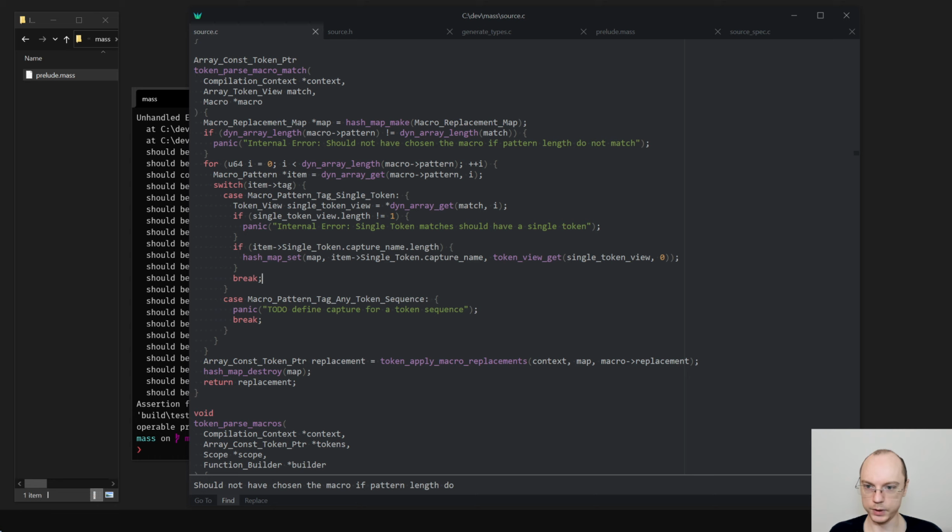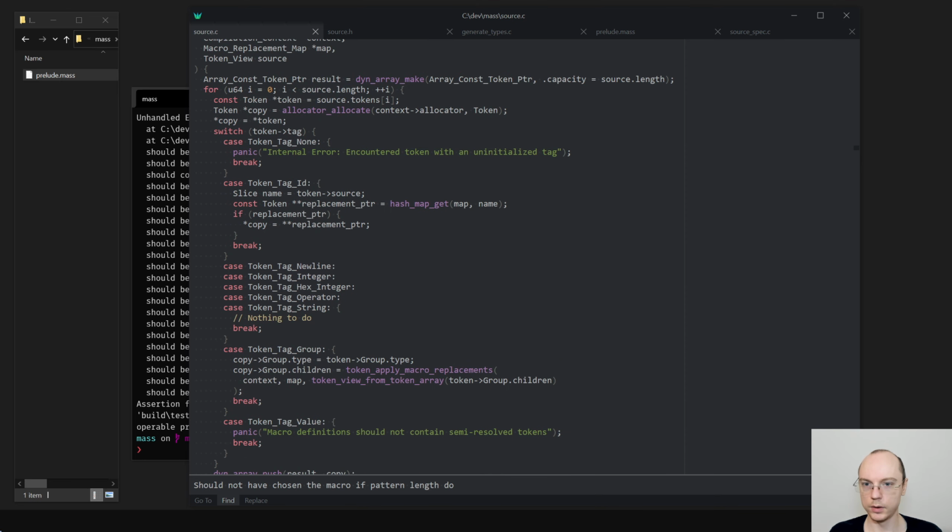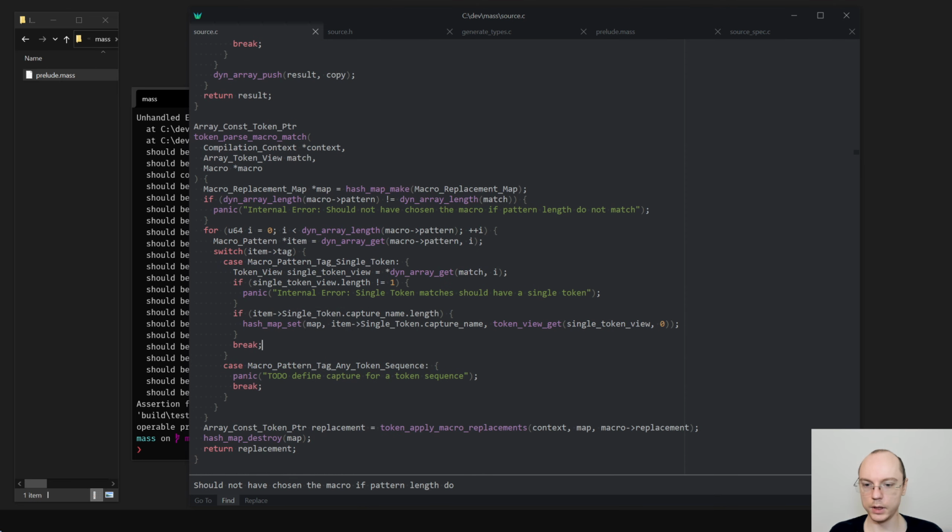Apply macro replacement. Okay, how does macro replacement actually work? Well, actually, we can simplify this quite a bit.